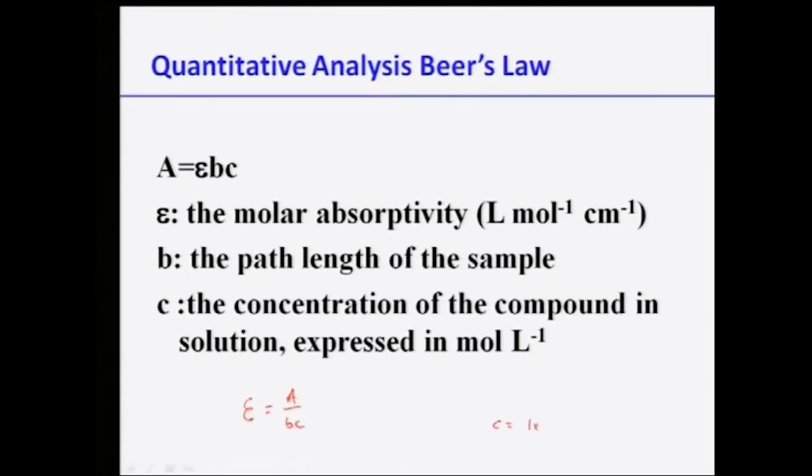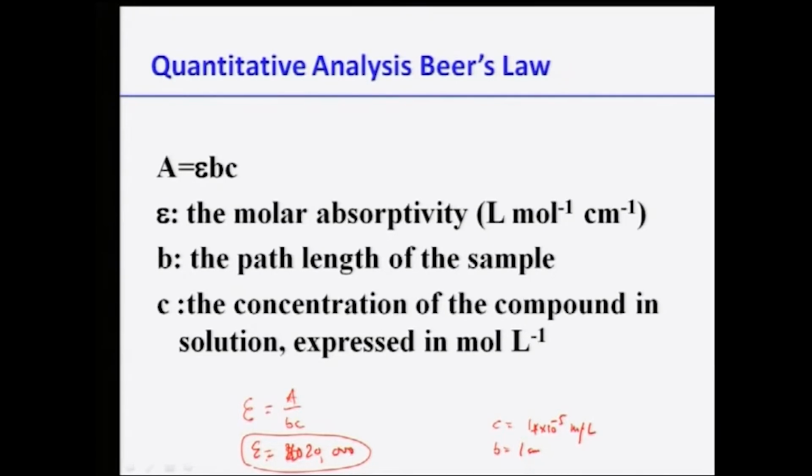In a dilute hexane solution, if you have C equal to 1 to the 4 to the minus 5 moles per liter, and the path length B is 1 centimeter, then we can use this formula and get epsilon to be about 20,000. So by knowing this epsilon, we can quantify the different kinds of